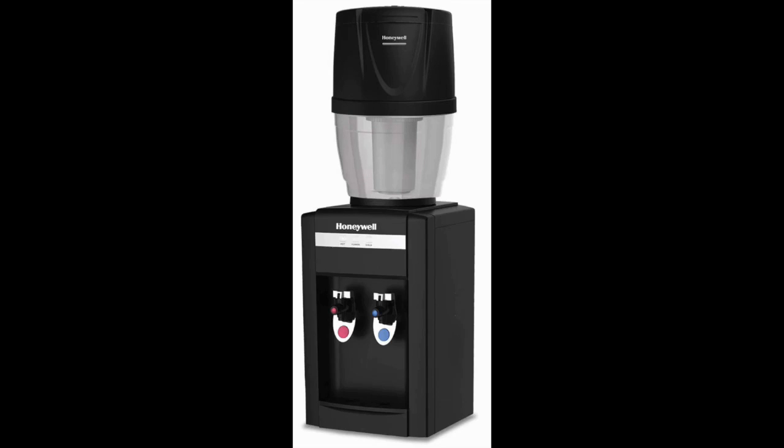The Honeywell 21-inch Tabletop Water Cooler Dispenser. After extensive research, we found the Honeywell 21-inch Tabletop Water Cooler Dispenser to be the worst Honeywell water cooler on the market. At first, this may not seem like a particularly bad option, but when you consider its price compared with its features, it becomes clear that there are other options available on the market from this brand which are